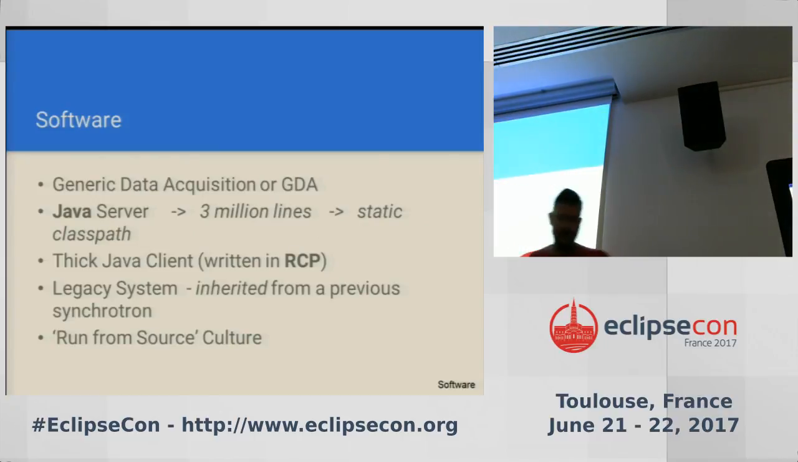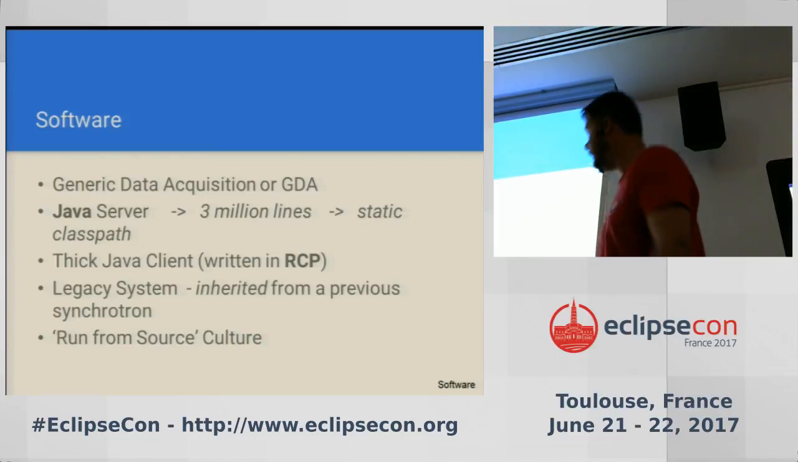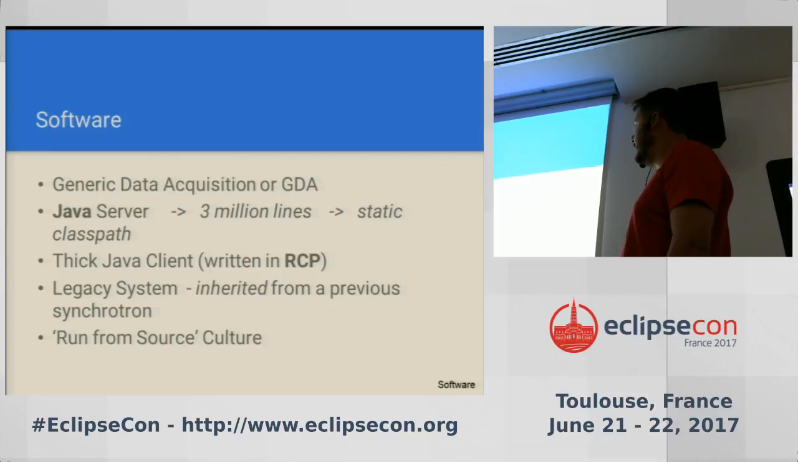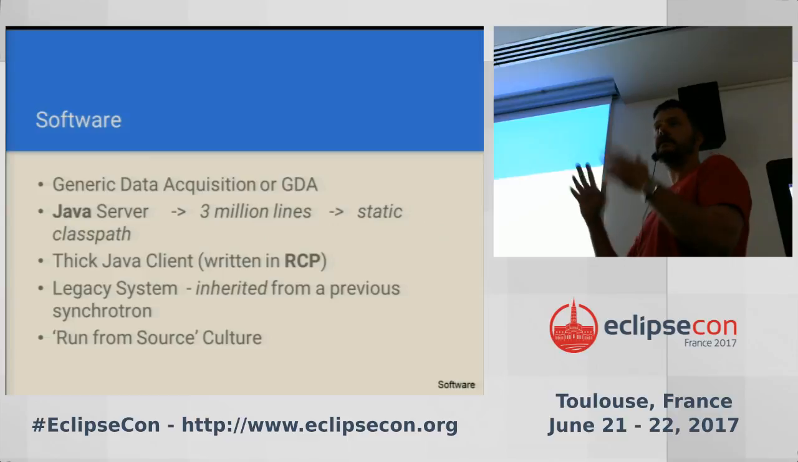So, onto the software. I've been hacking away at GDA and other products at Diamond for about 9 years now. There's 3 million lines of code roughly, and before we moved to OSGi, the server was a big static class path. As well as the server, we had a thick Java client written in RCP, which basically,